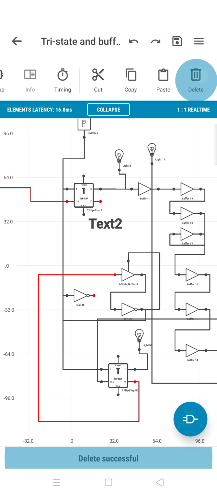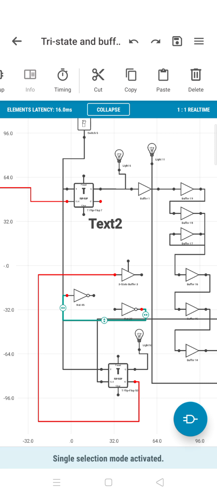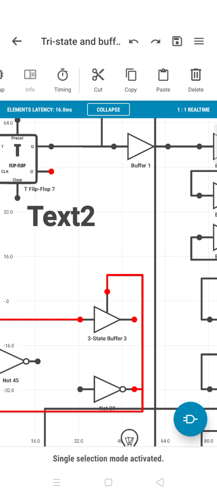Now take this out also. Current is flowing from this side, and you give a positive voltage on this side.